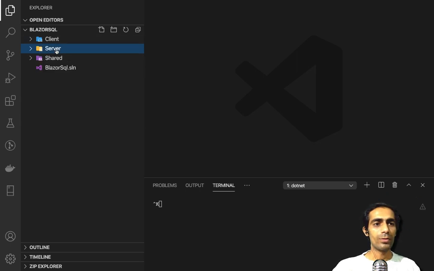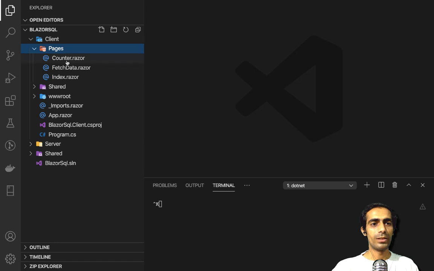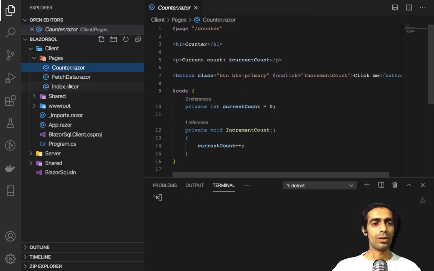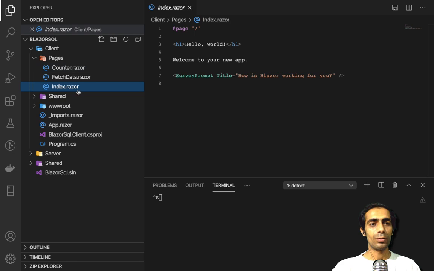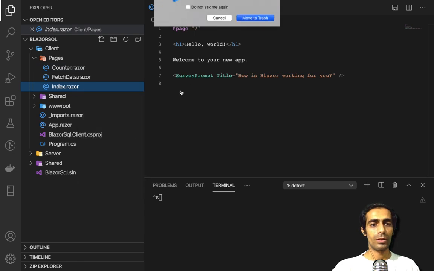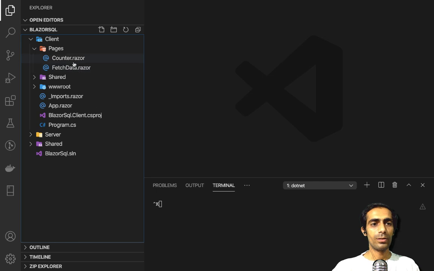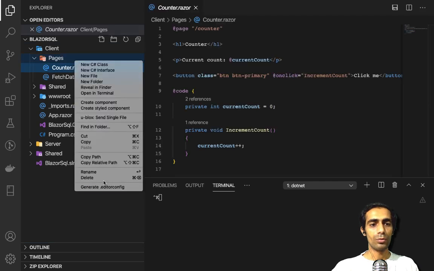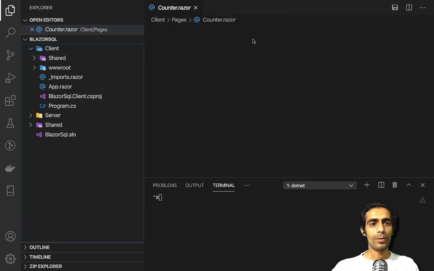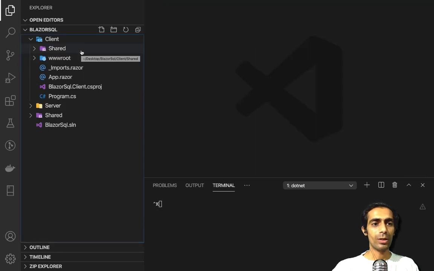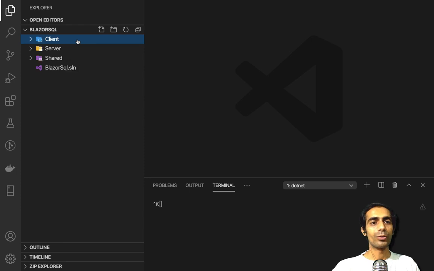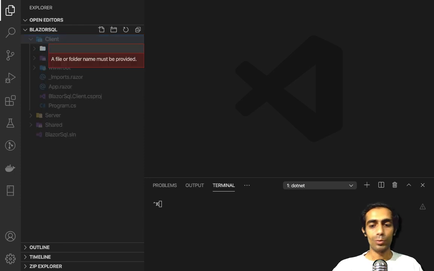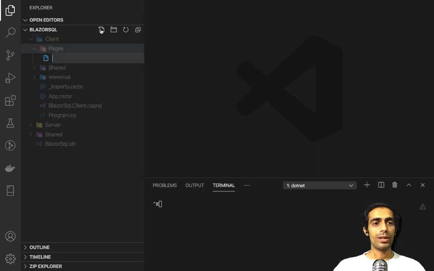Okay, now inside client you can delete these pages like counter. We don't need counter and index. Okay, you can delete this by clicking here. We don't need counter anymore, and you can create a new page. Oh my god, we just deleted our pages folder and there is no way to get it back. So we are going to create the Pages folder again, and here